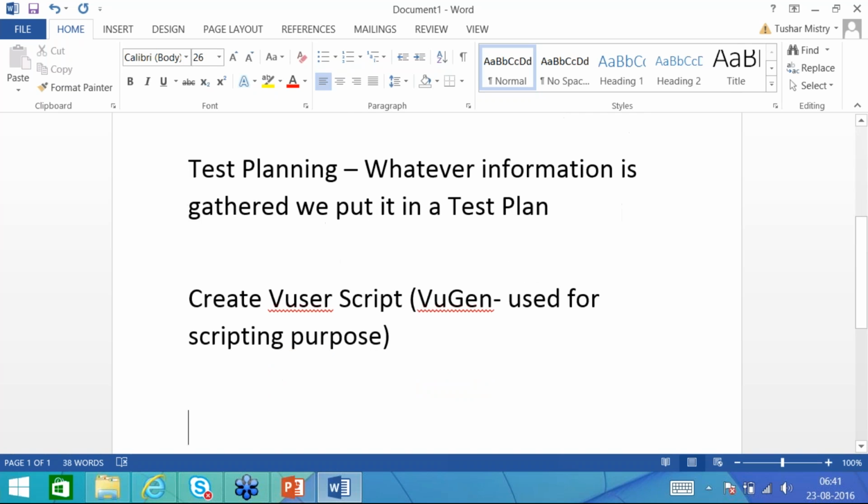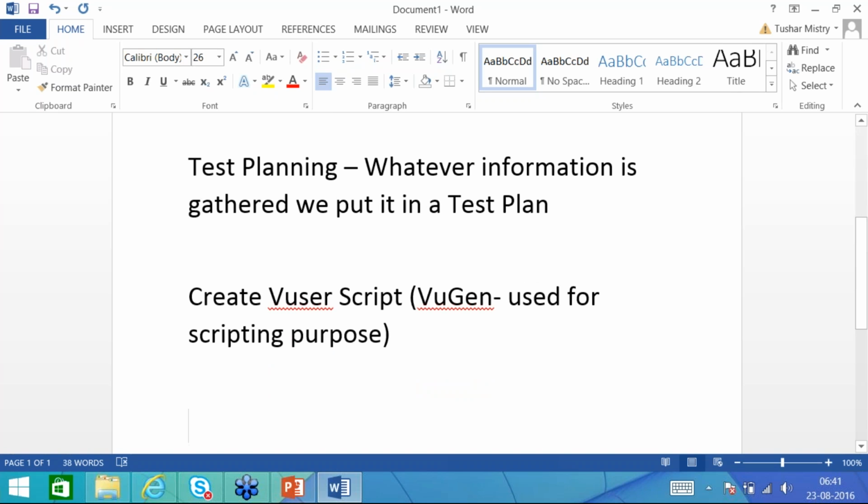Also, team, once this performance testing phase is done, we will go through the performance testing terms used. Like, we say VUser, then response time. What does it mean? So we will go through each of them, the important terms, after this particular thing is done. Okay, once we do the scripting, we optimize the script in VuGen, we define scenario.